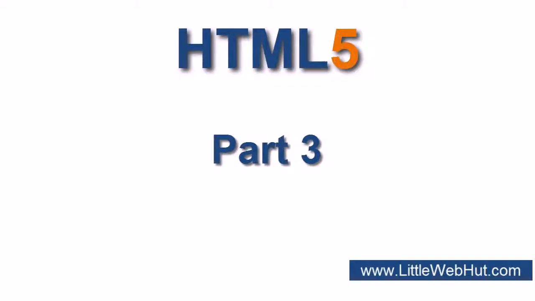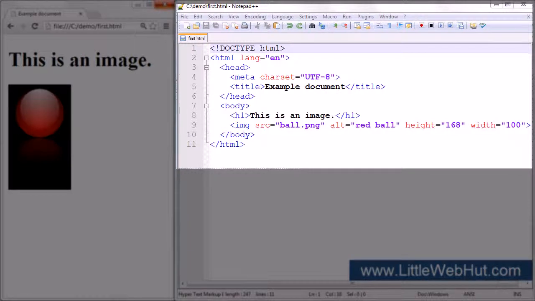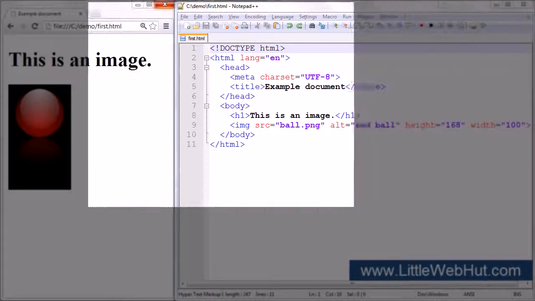This is the third in a series of videos designed to teach you the basics of HTML5. In this video, I'll be demonstrating how to add images to your web page and also how to add hyperlinks to other websites. This is the HTML code that we'll be starting with, and this is what it looks like